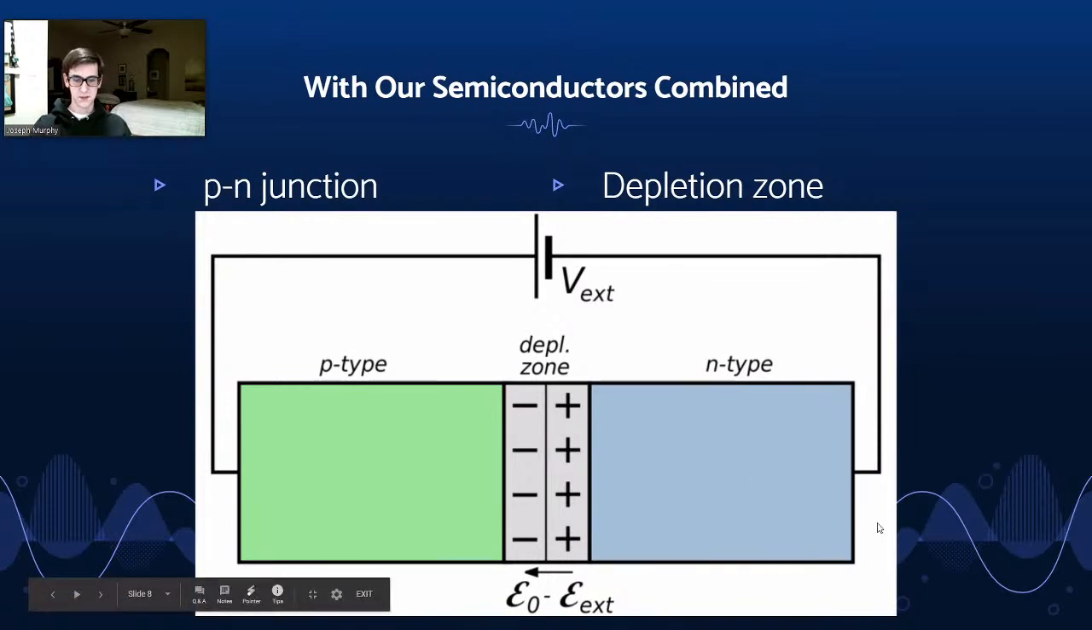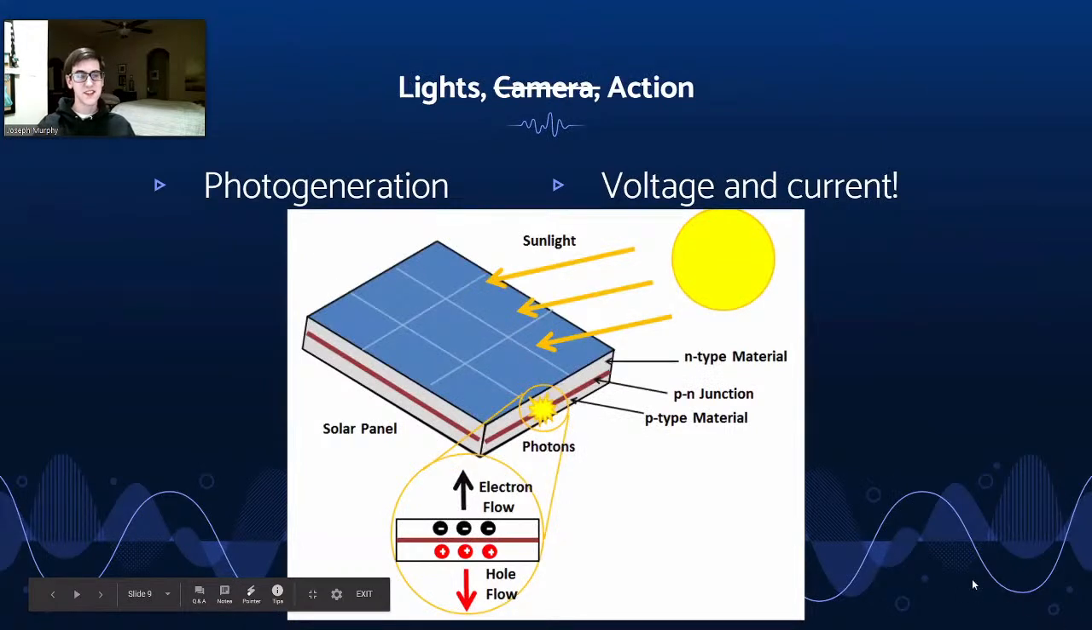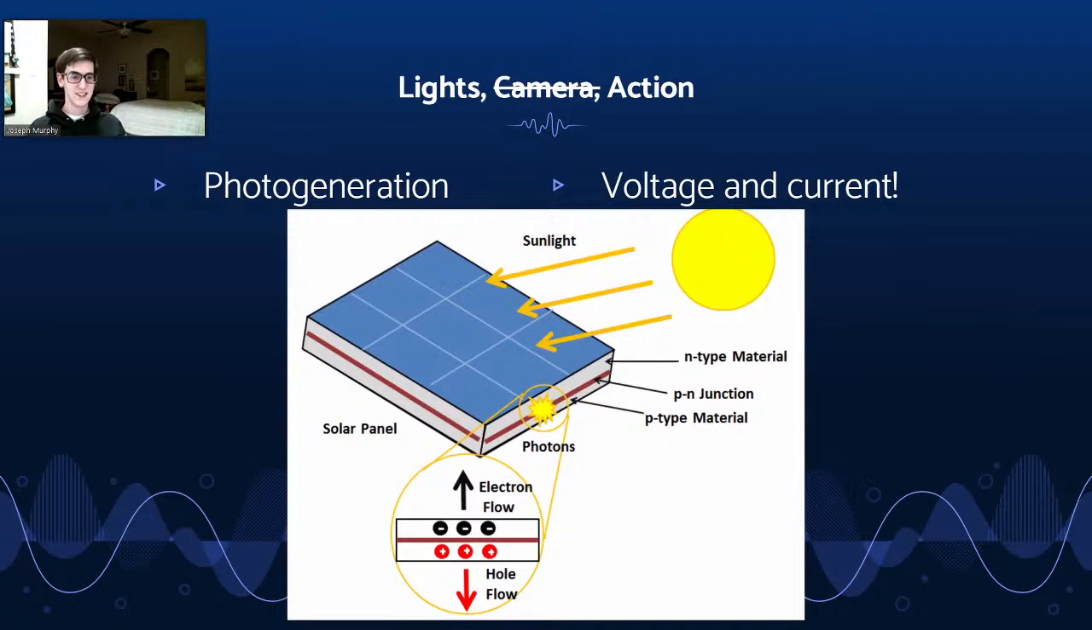Creates an electric field. Now, if we wire it up to a circuit, we put a wire on one side and hook it up to a wire on the other side, interesting things can happen. So now let's take our p-n junction and put it outside in the sun. Well, we already talked about what happens when we throw light at an electron, right? And the sun tends to throw a lot of light at the Earth. So